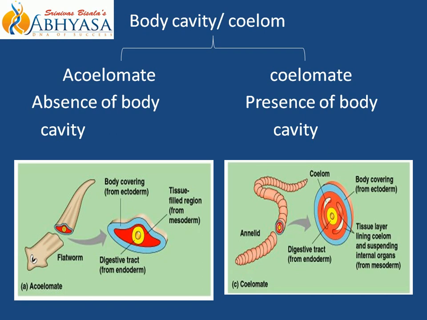The example we have shown here is the organism earthworm. Earthworm belongs to phylum Annelida. Here the body is again made up of 3 germinal layers. That means earthworm is triploblastic in nature. Now as you could see here, this sky blue color is your ectoderm. And this yellow color is endoderm. Between ectoderm and endoderm you have mesoderm and this body cavity. This is the body cavity, as you could see, this one. Okay.